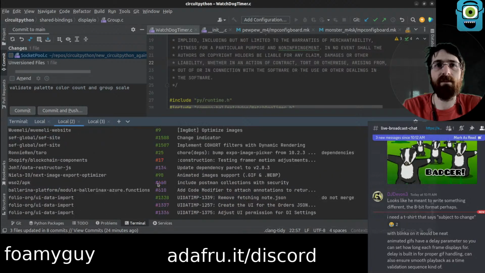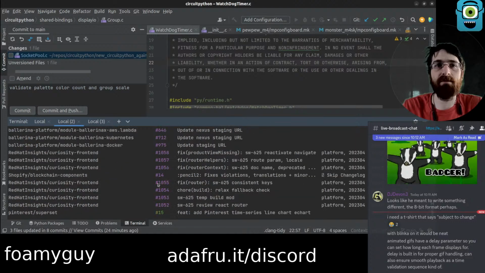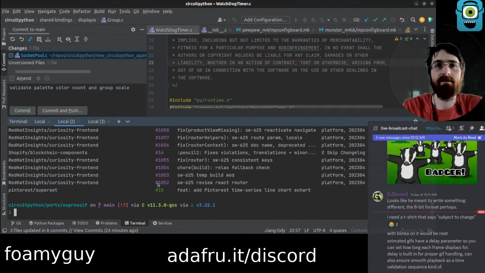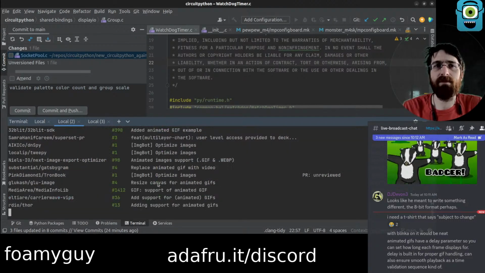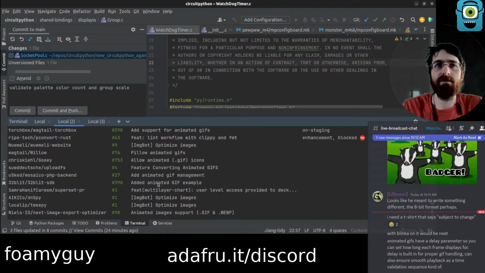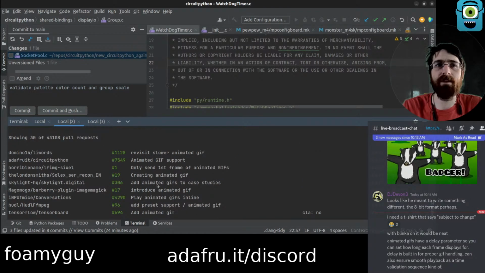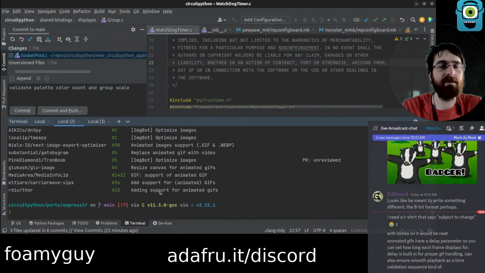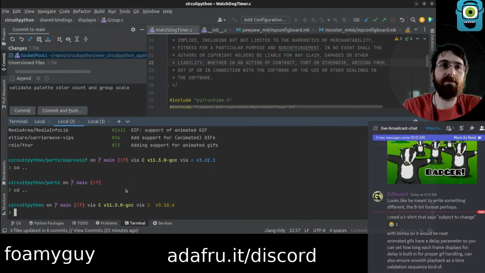No, this is like other stuff. This is like not CircuitPython. Was it like that before? I guess so, actually. I didn't notice a bunch of these are not CircuitPython. Huh. Why? Okay, anyway. I think that's enough of that one. Maybe it's mad because we're not on the root.